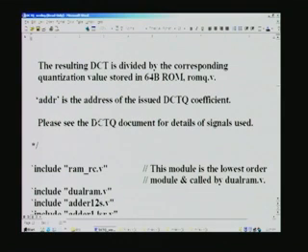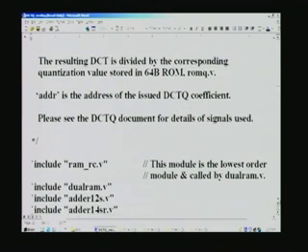the massive document that we have covered earlier, and that is why it is saying here, please see the DCT document for details should you require more details. The resulting DCT is divided by the corresponding quantization value stored in 64 byte ROM/Q.v, and address serves as the address for the DCTQ coefficient. Address equal to 0 would correspond to the DC coefficient, whereas all others are AC coefficients up to 63, and this design